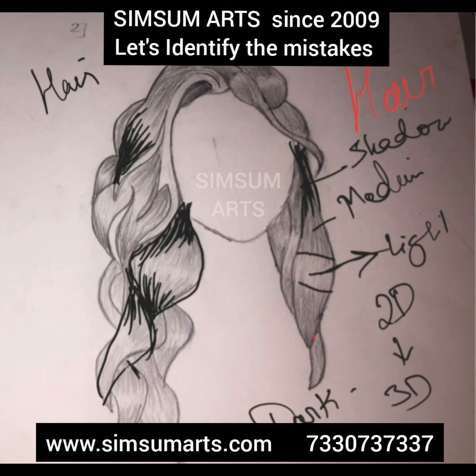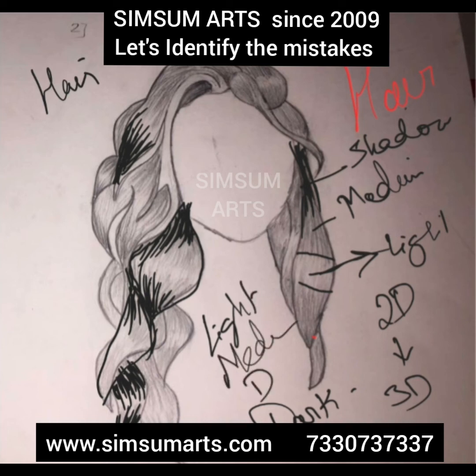So similarly over here also, when you are giving the shadowed area, try to follow the angle whenever giving the strokes, and draw the lines differently, like some of the lines can be longer, some of the lines can be smaller. So that is how you are going to give it. So there will be light strokes, medium strokes, and dark strokes. These three are very important whenever you are doing the hair.